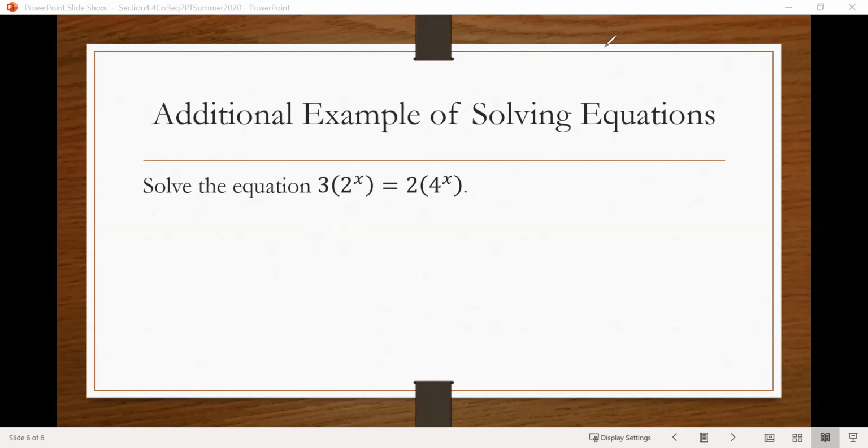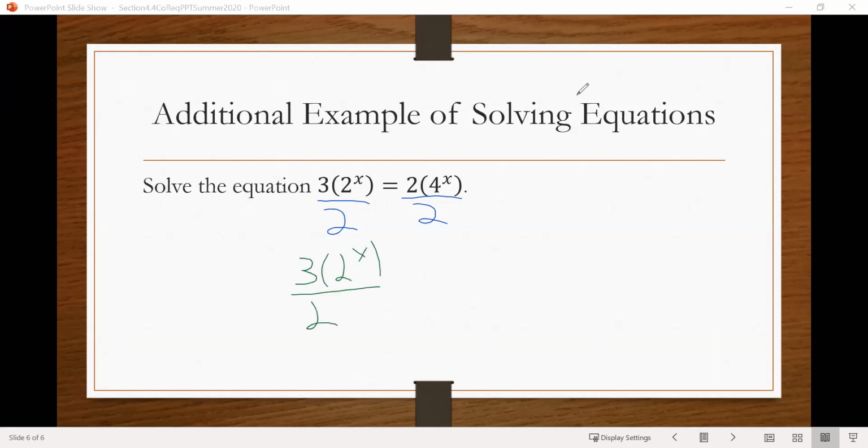Well, let's try to move everything that has an x to one side of the equation and everything that doesn't to the other side. So for example, if we divide by 2 over here on the right, because that's being multiplied by the 4 to the x, do the same thing on the left. So this will now become 3 times 2 to the x over 2 equals just 4 to the x. And then we can divide by 2 to the x on the left-hand side and do it on the right-hand side, which when we do